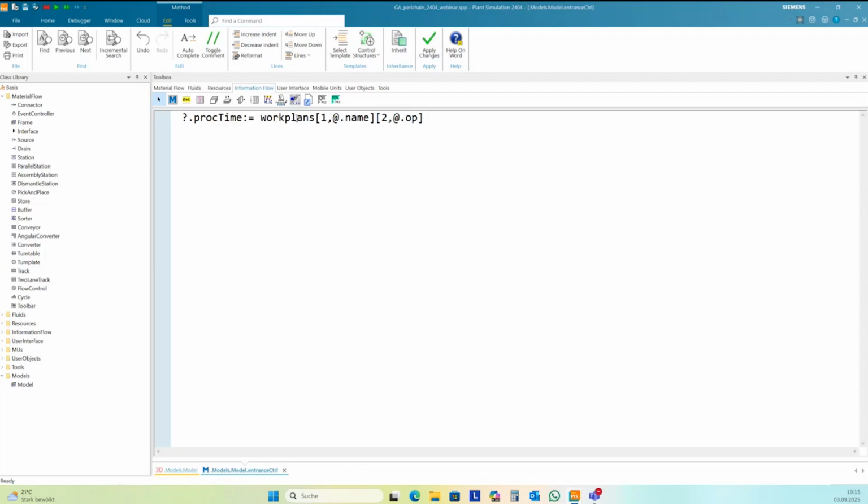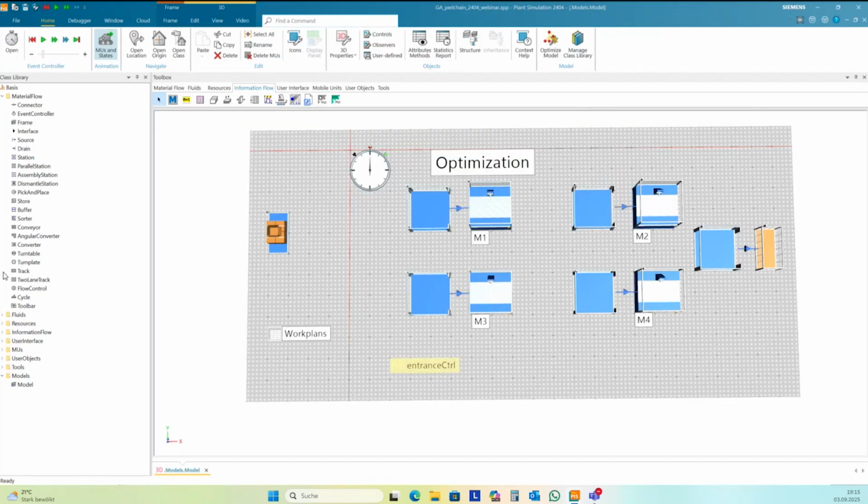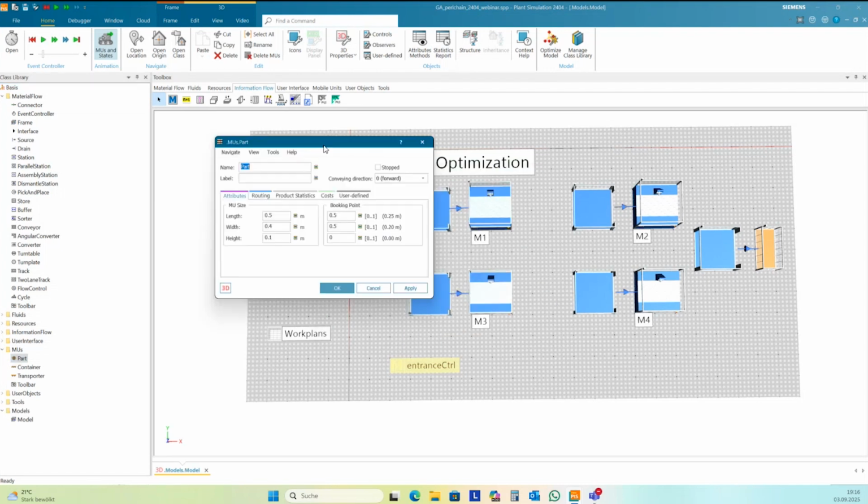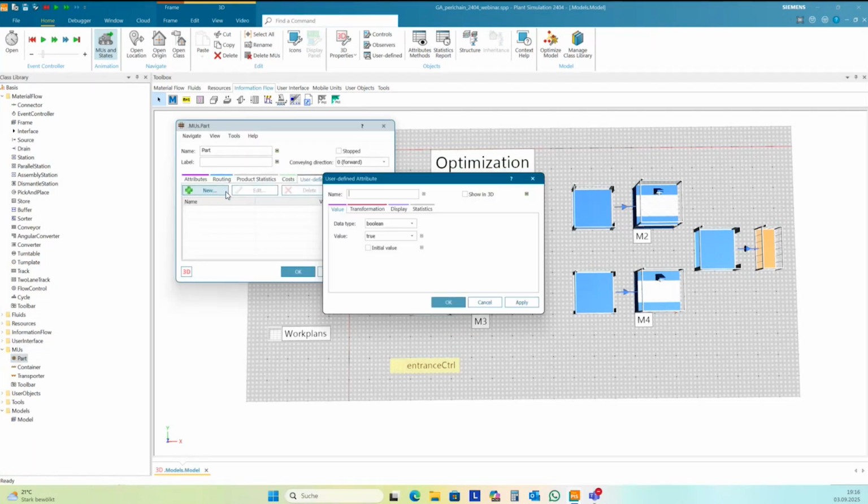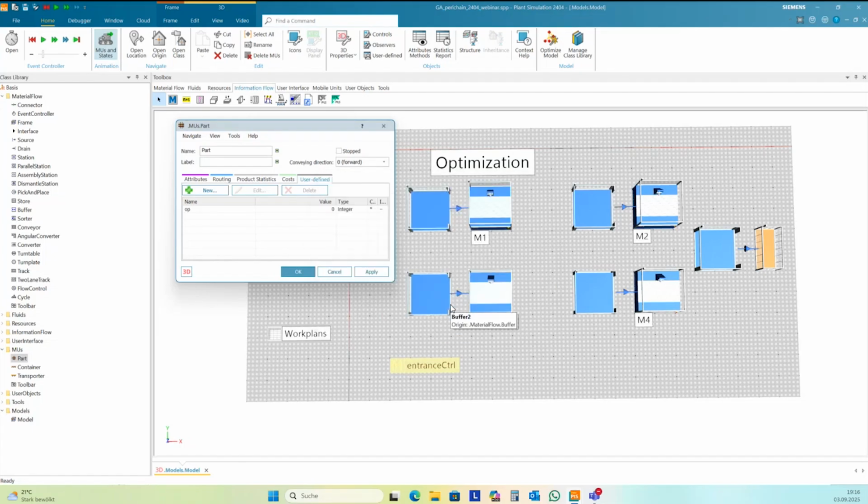Okay, you can also use this as a formula in the field proc time in the stations, and I need to add here in the part one user-defined attribute OP, and it should be an integer, and it starts with 0. Okay.